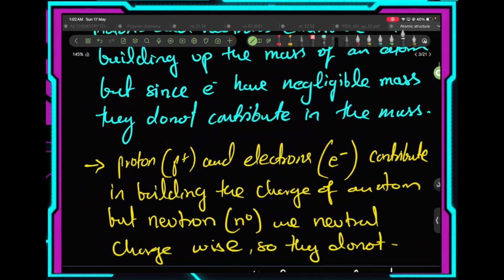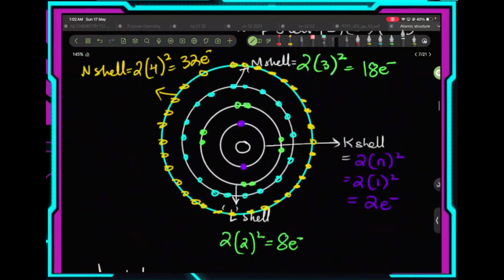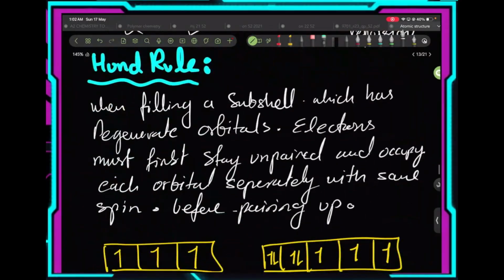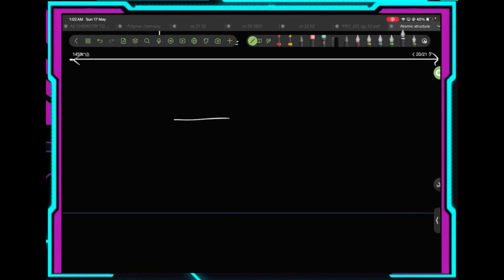So basically, how did we know that the electron is negatively charged, the proton is positively charged, and the neutron has no charge? What we did was we placed two parallel plates. One had a positive charge, one had a negative charge. So one was acting as an anode and one as a cathode, right? So what we did was we passed a beam of subatomic particles,